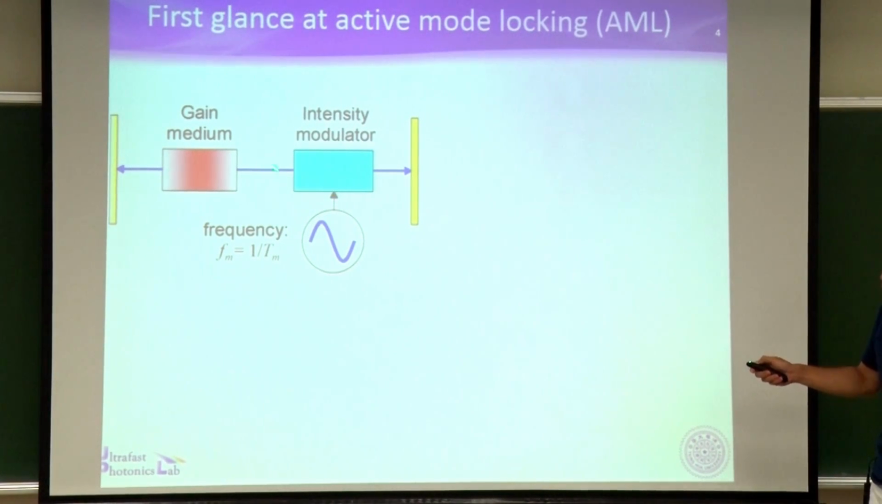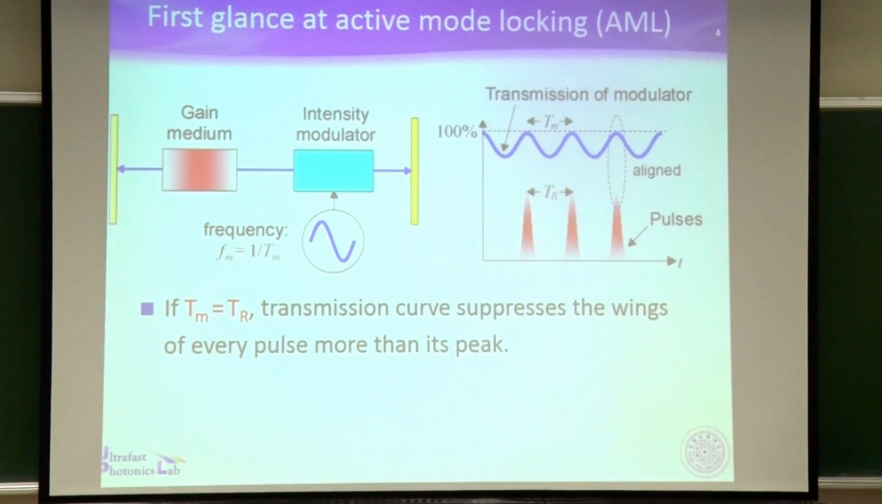So now we have an intensity modulator inside the cavity, and we drive it with a periodic signal with frequency Fm, which is 1 over Tm. Tm is the modulation period. And then this is the picture. It's the transmission curve of the modulator. Its driving signal is periodic, so transmission is periodic. And peak-to-peak spacing is Tm, modulation period. The other one is the